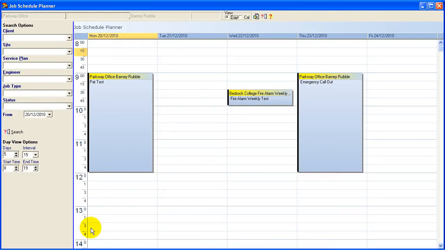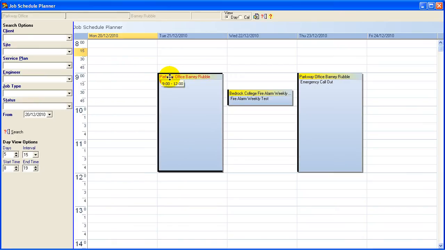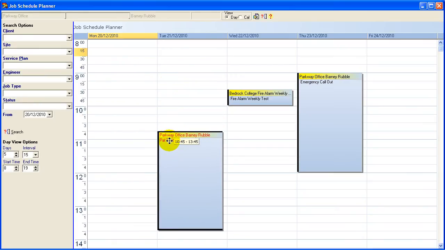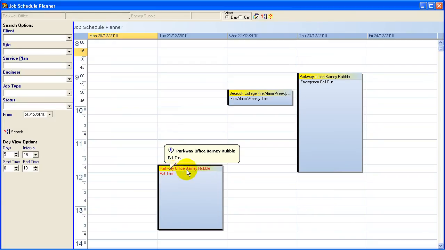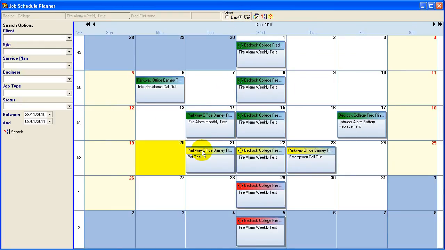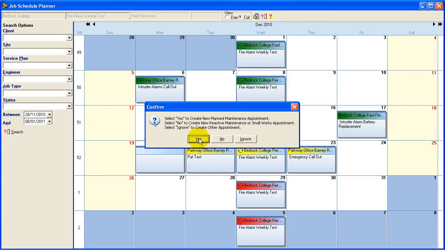Any appointments that we have scheduled can be altered simply by dragging them to another date or indeed another time. If we want, we can alter the duration of the appointment simply by dragging it that way. If we go back to the calendar, we can see the appointment has now been altered to the 21st. If we want to add a new appointment, we simply select an appointment here,